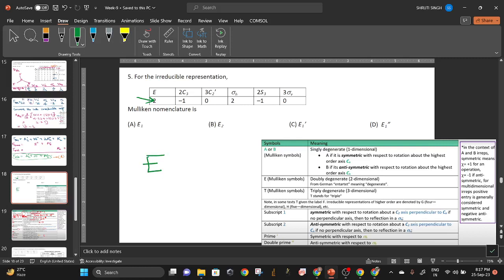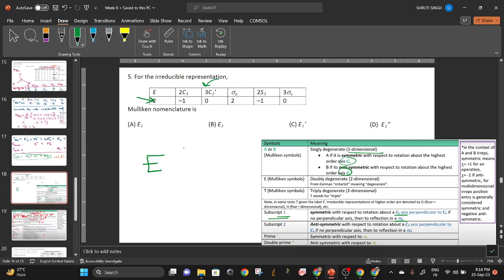E. Next step. Now we don't need to look for this principal Cn. That was only for the one-dimensional case. Next step is for the subscript we will look at either C2 or sigma V. So now we will look at this C2. The C2 character is 0, which means